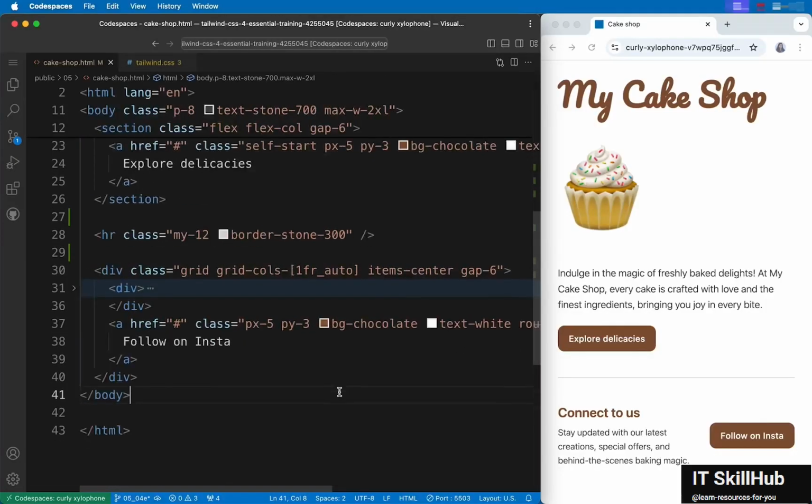But in case you're not using a framework like React or Vue or Laravel, but instead using a templating engine like Twig, creating small components for buttons might be an overkill. Only in that case, we can use the apply directive in Tailwind. Let me show you by extracting the classes of this button into our style sheet.